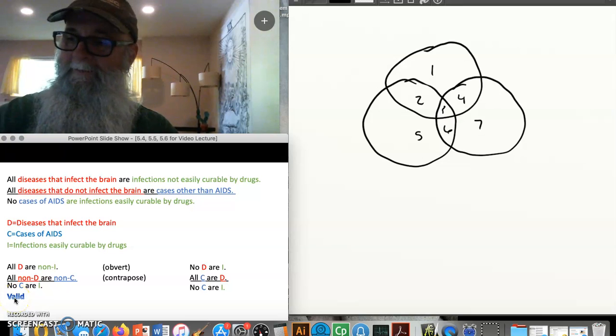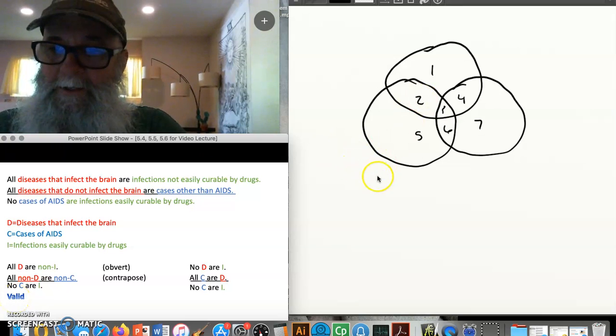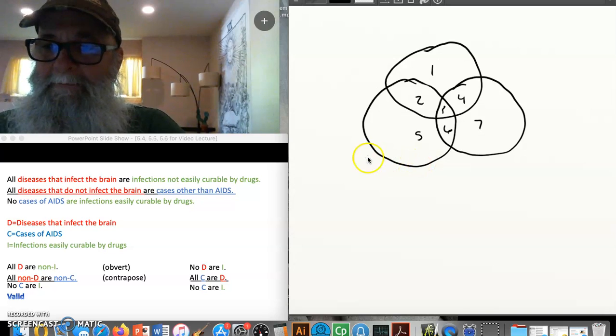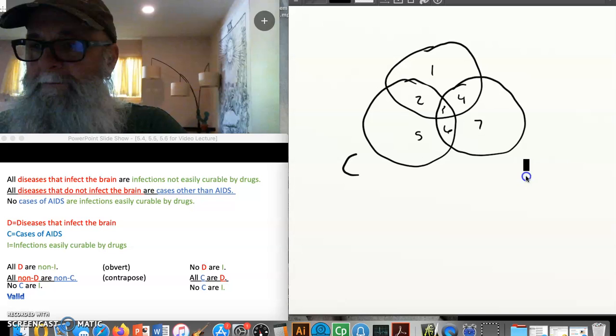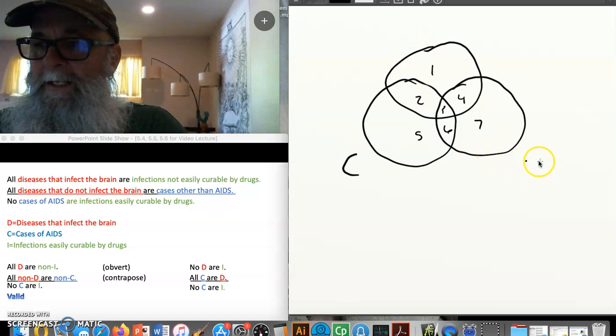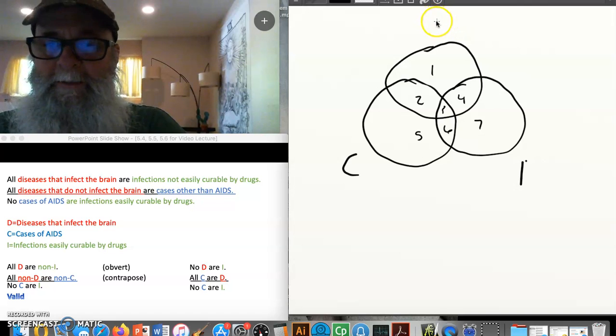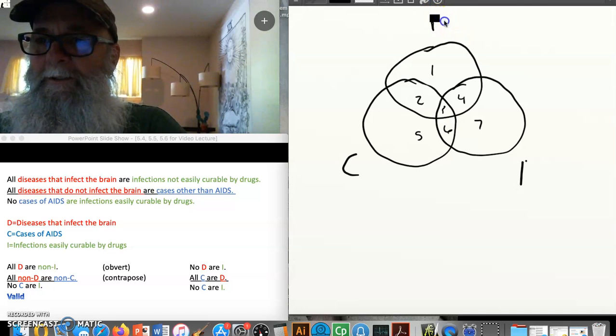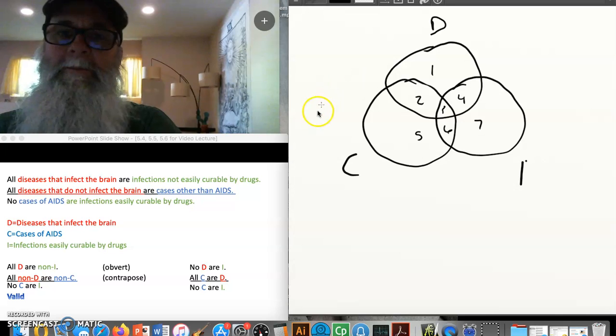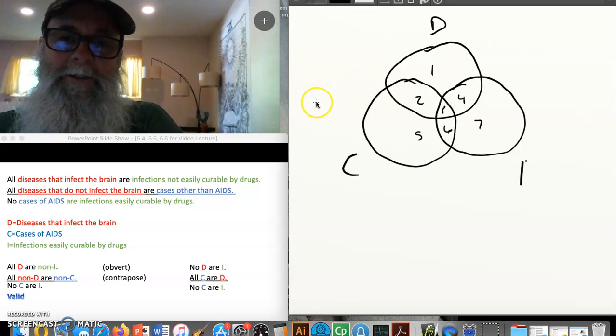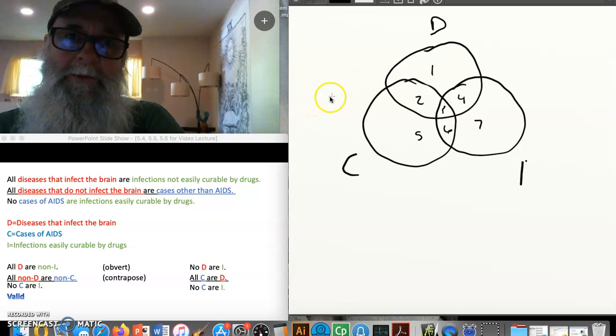But I want to check my work. So I'm going to come over here and label my Venn diagram. And I know with a Venn diagram, what I do is I mark in just the premises. And if this argument is valid, after marking in the premises, I should see the conclusion. And I always want to begin with a universal premise. In this case, I can just go ahead and start with the first premise because they're both universal.